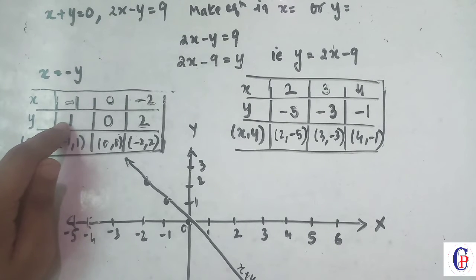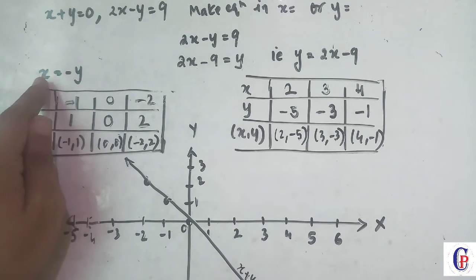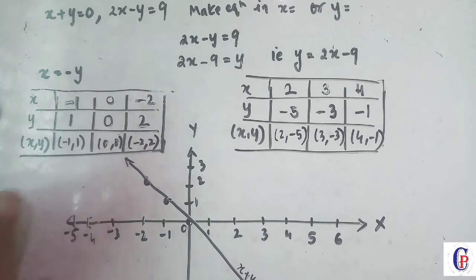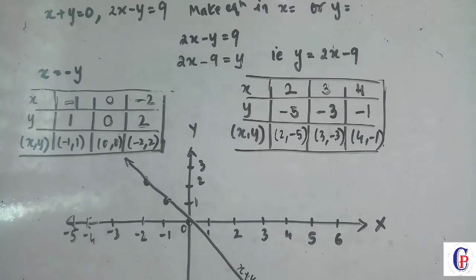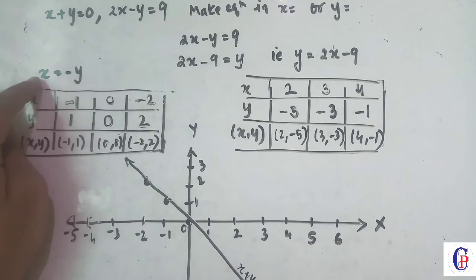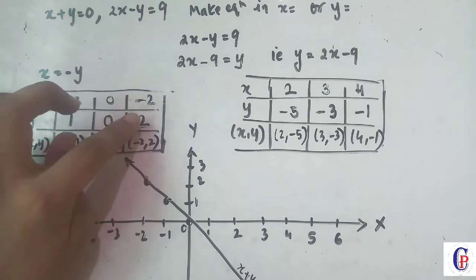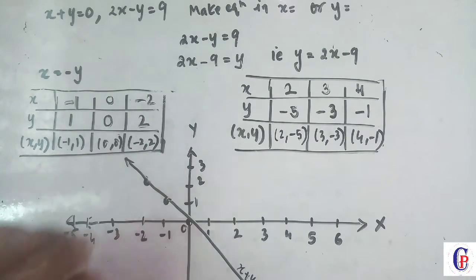y को 1 लिखा. तो जैसे y की जगह 1 लिखेंगे इधर, तो x का वैल्यू कितना हो जाएगा? x इक्वल टू माइनस 1, because y 1 लिया इधर. सो x का वैल्यू कितना आ गया? माइनस 1. Similarly y को 0 लिया, so x will also be 0. y को 2 लिखा, so x will be x equal to minus 2. Okay, and so you will write minus 1, 1; 0, 0; minus 2, 2.